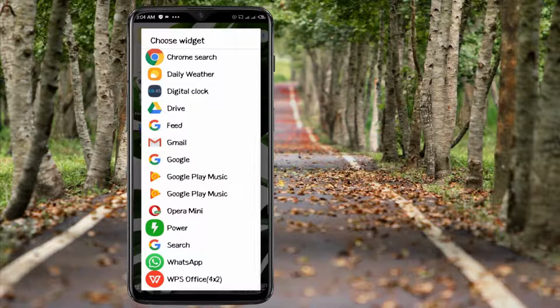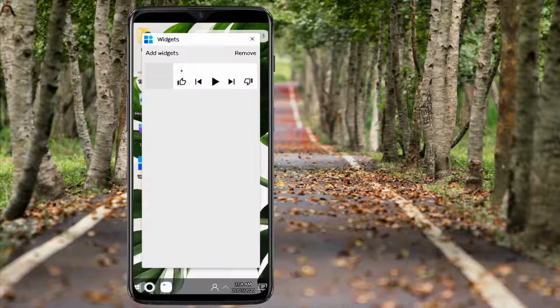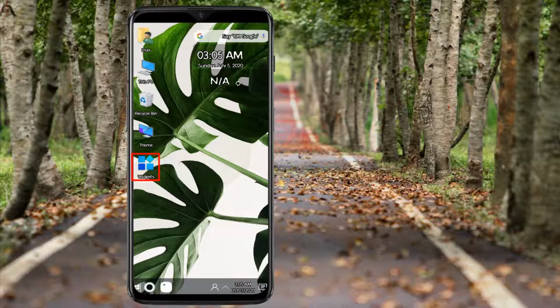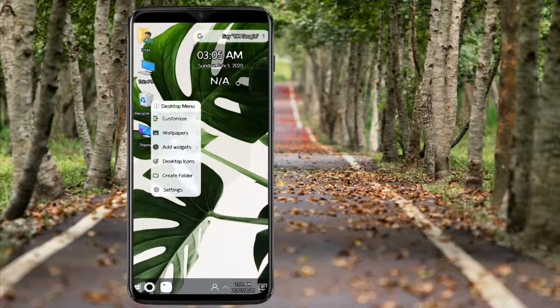When I select that, it is going to pop up, but I close this and you can see that the widget is part of my desktop icons. If I want to remove that, I long press on that and I select remove. Now let's try hands on the launcher's widget, and in doing that we select the add widgets, remove to launcher,